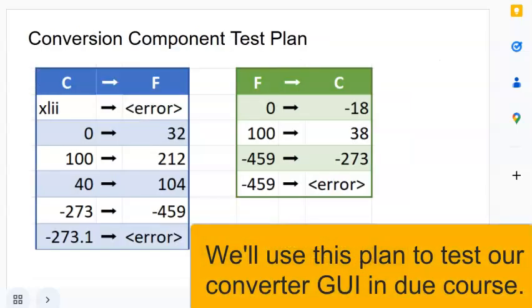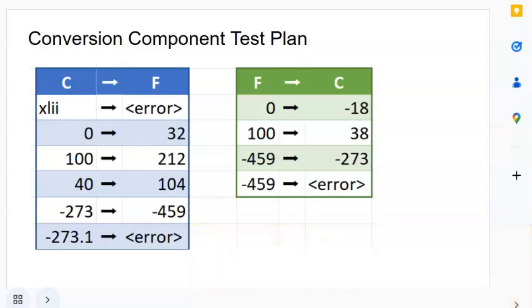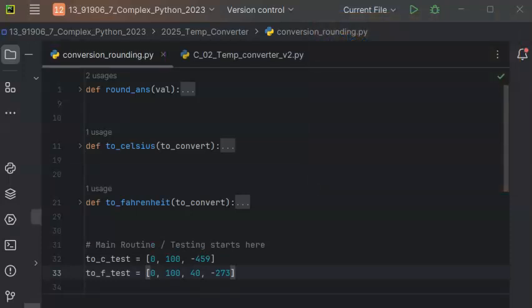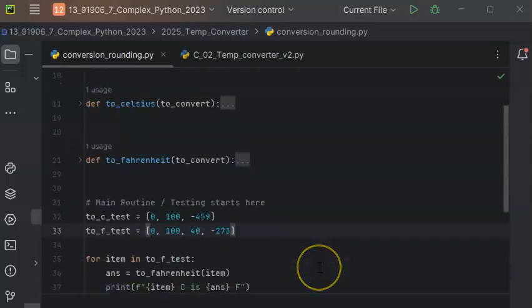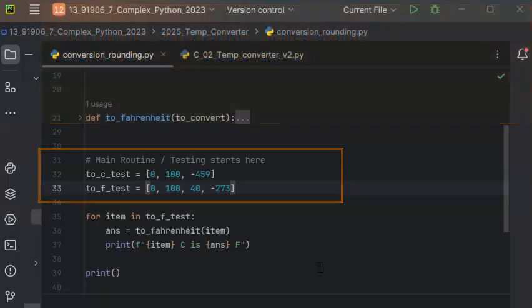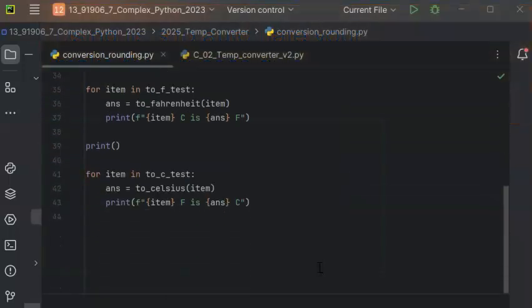Of course, once we've got our converter program working, we'll want to put it into our conversion component and then check that the entire component works as expected. Your next step is to create a text program called conversion rounding, and it's going to have 3 functions, which I've made and collapsed. In the testing area, I've used my test plan and created a list of the numbers that I'm wanting to convert to centigrade,